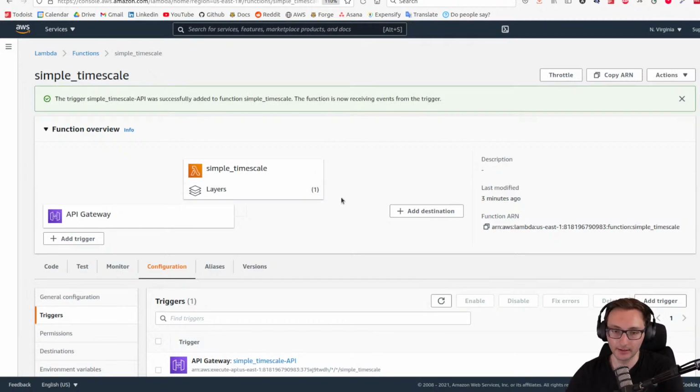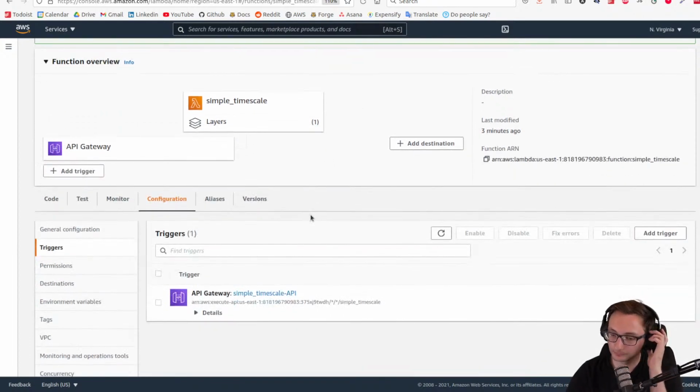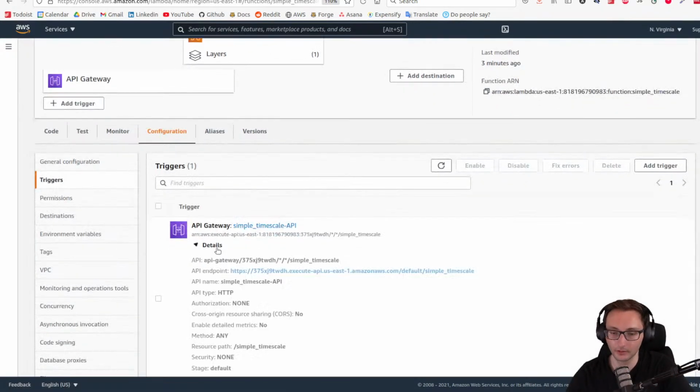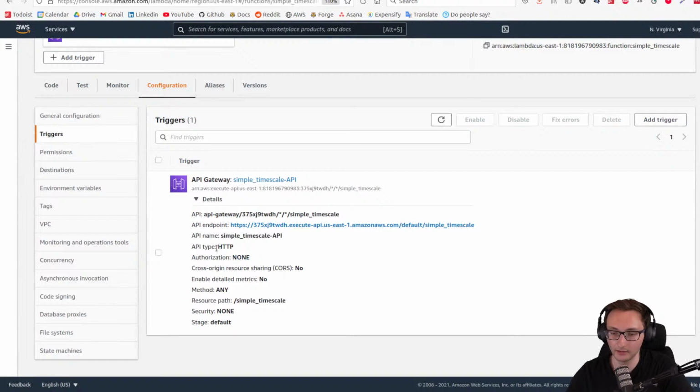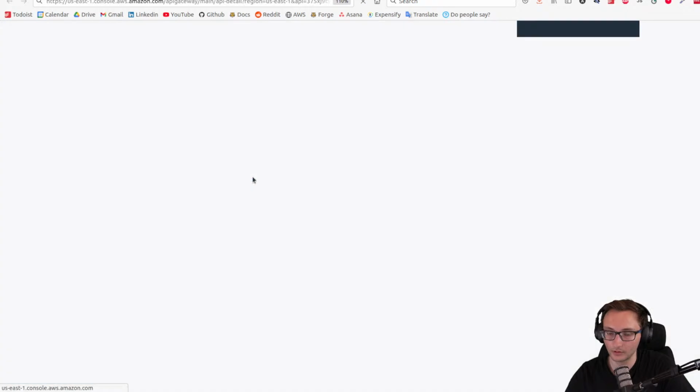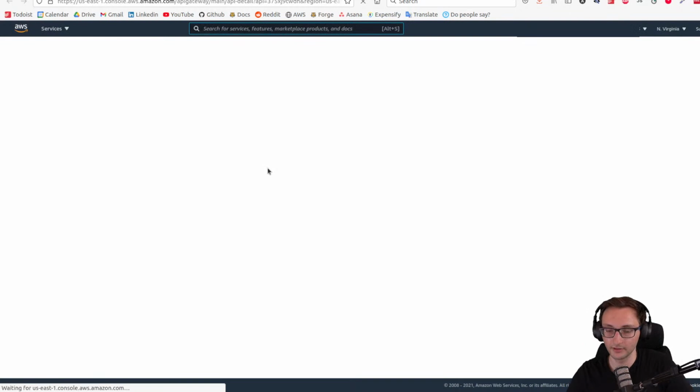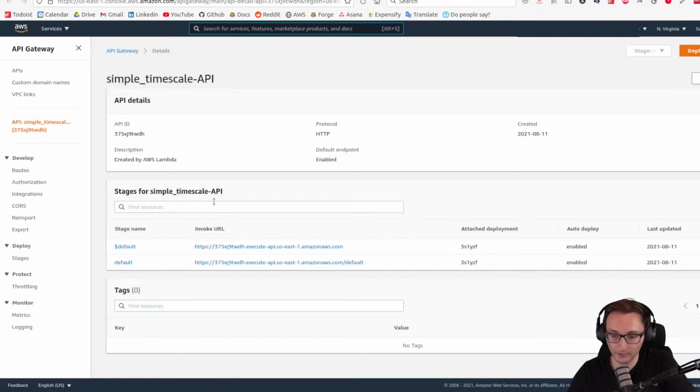So this created an API gateway, which is connected to our Lambda function. We didn't change anything here, but let's go here and try to configure some of the parameters. So currently, I think if we open this URL,